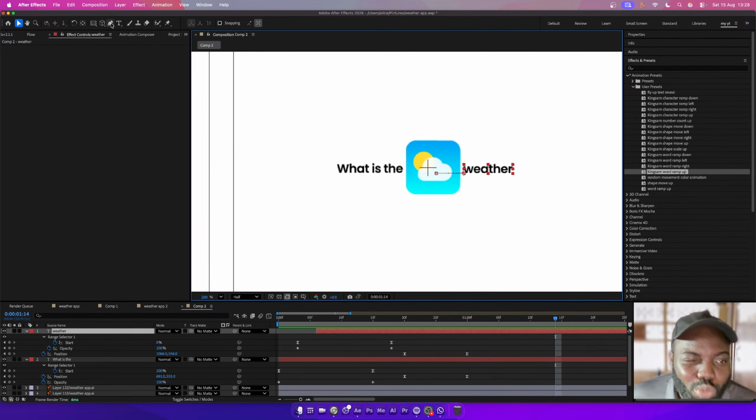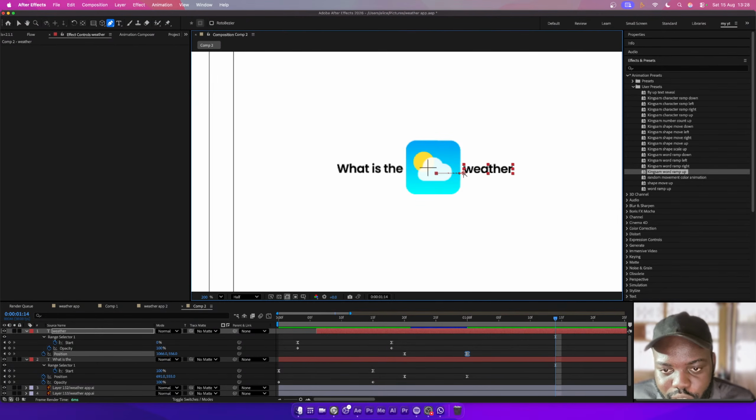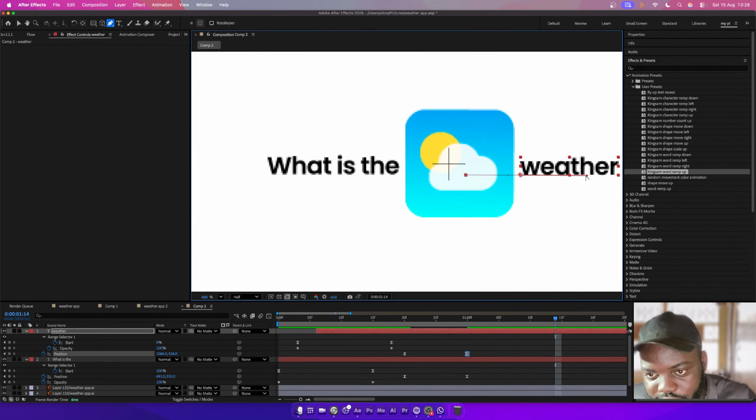What I'm going to do now is go to my pen tool here, and click on this my motion. You can see that my cursor has changed. I'm going to click on this here, and that gives me a handle. I'm just going to drag the handle out a little bit and make sure it goes back to the line. Let me zoom in so you can see it. You can see that the handle is now making me able to control this line like this. So if I just drag that outward a little bit and make sure that it lines up properly like this,